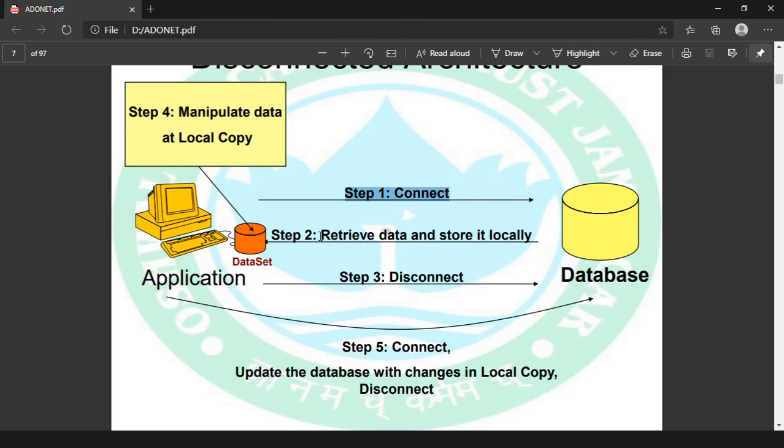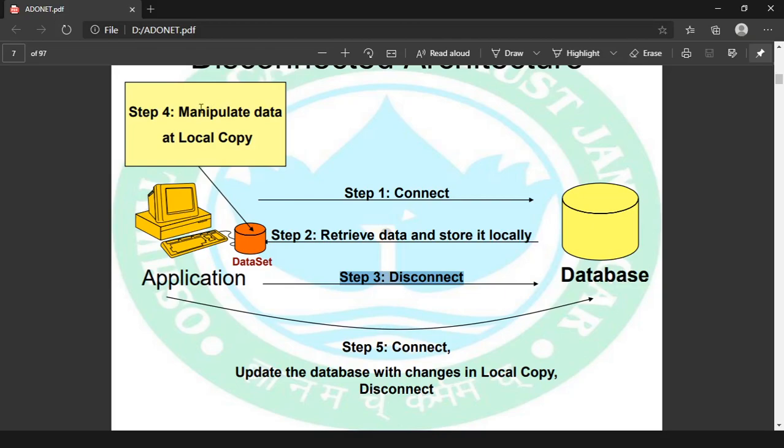Step 2, you will retrieve the data from the actual data source and store it in a local copy. The local copy is called the data set or data table. Then step 3, you will disconnect from the database.